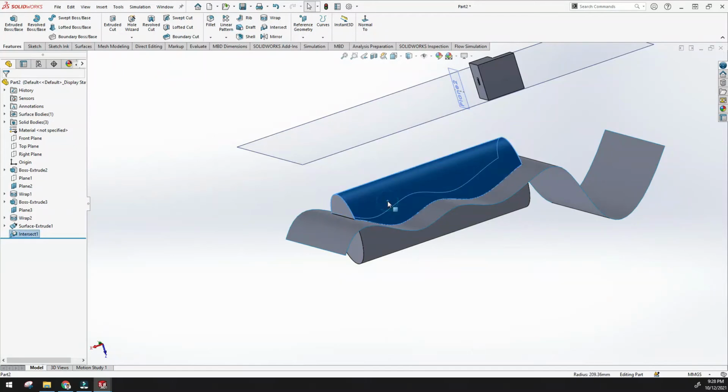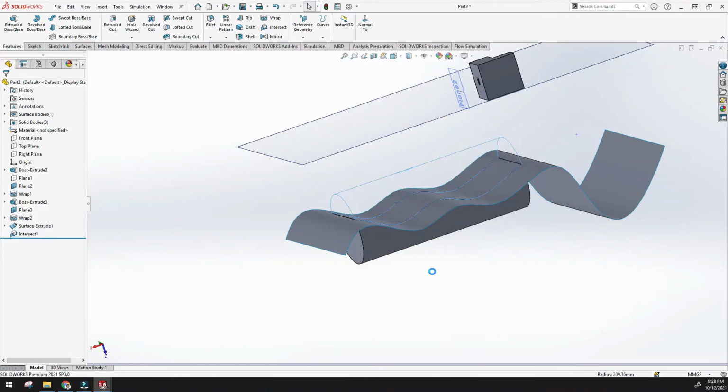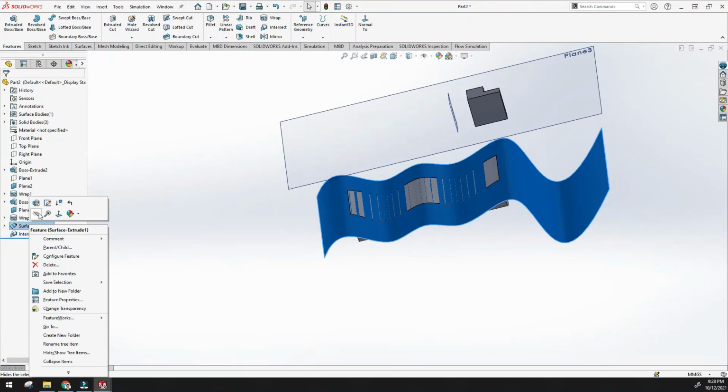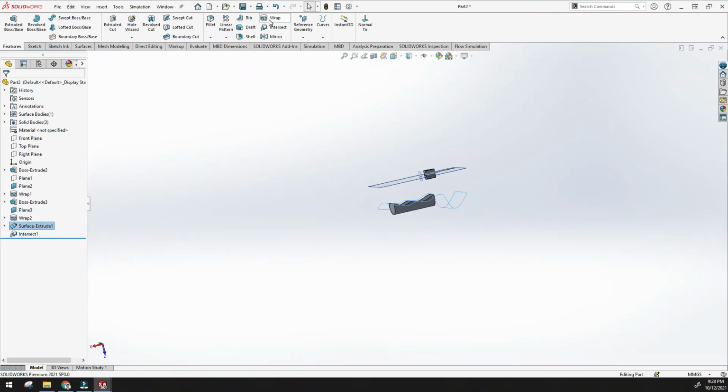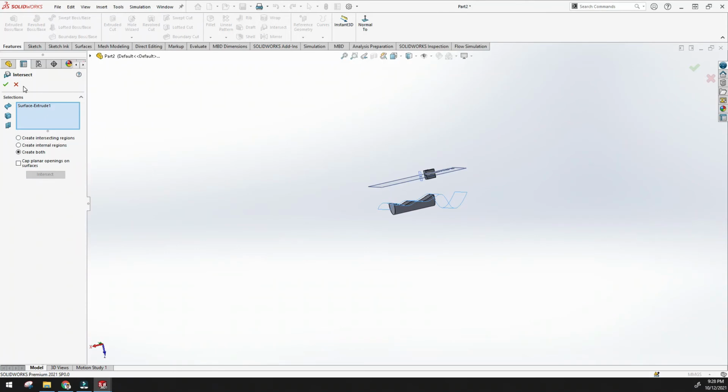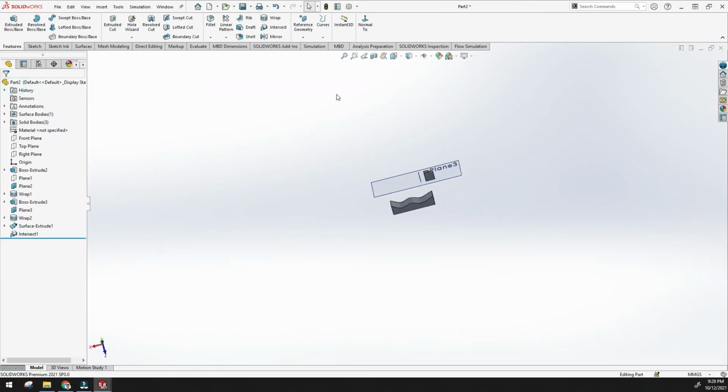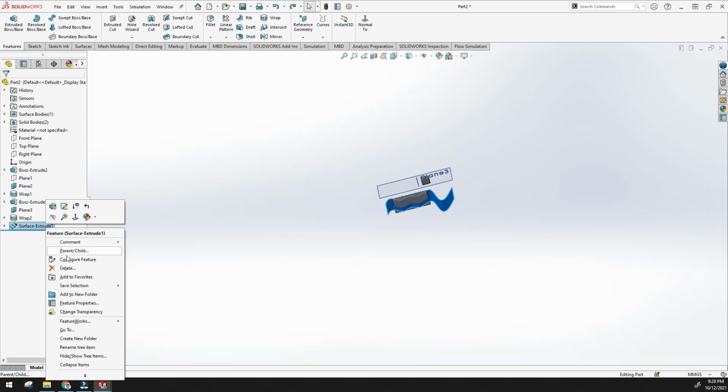If you want to hide this, you can hide, and you can see you will have only this part. Okay, so this is the way to create intersect by using this intersect body. Now I want to explain about, just go back, click, delete this one, delete this surface also,